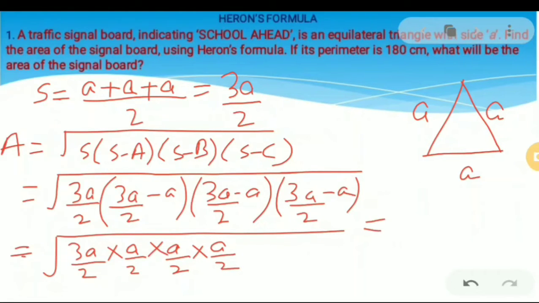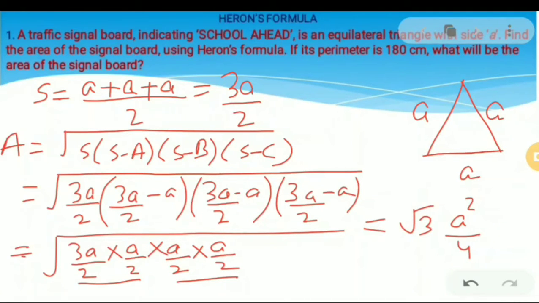Now we know how to find the square root of this. We are watching that a is coming 4 times, so it is making a double pair of a, two times: one pair aa, second pair aa. So when we take it outside, it will come a square outside the bracket under the root sign. Then the same for 2: one pair is this, one pair is this. When we take it out, it will come 4. And this 3 will not make a pair, so it will remain inside the square root sign. It will be root 3.